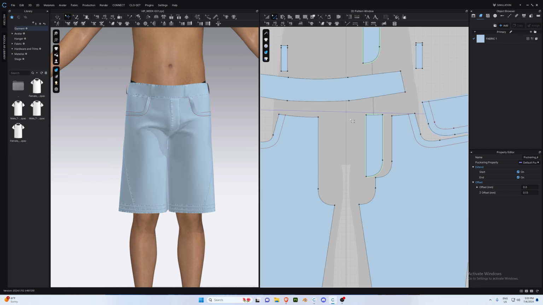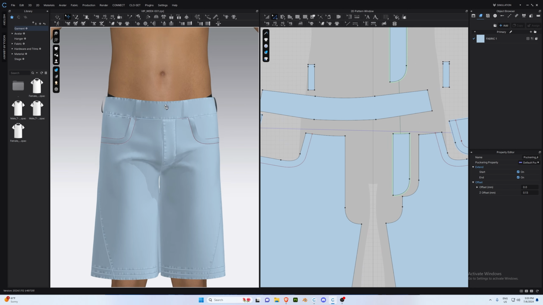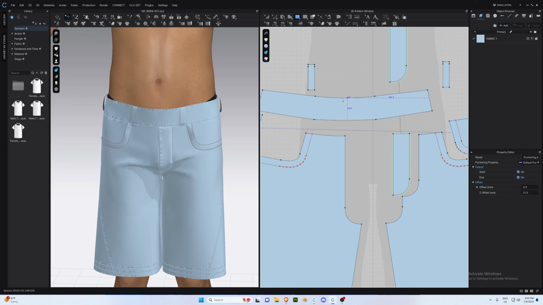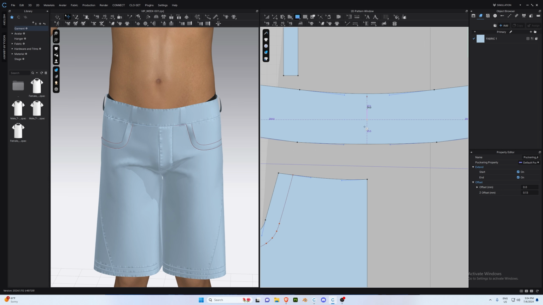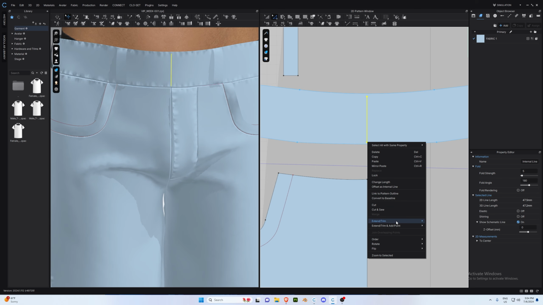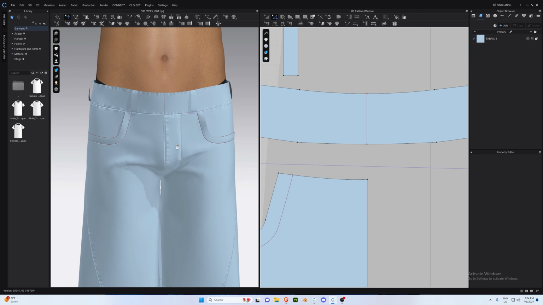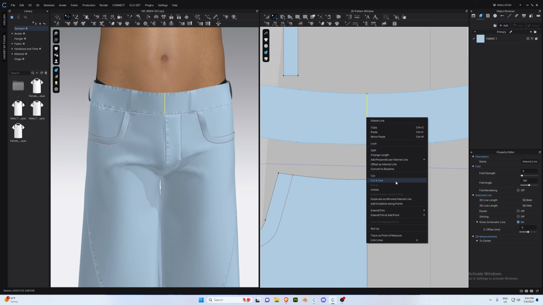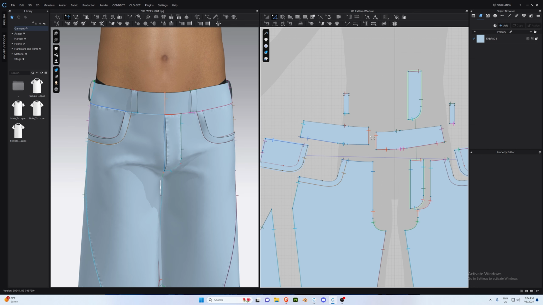And the last thing that we're going to add is just a little line along the inside to almost fake that connection with the button. So we can use our internal line tool and just draw that straight down. See that it's pretty much in the front, so we can extend trim to pattern outline, and then from here we're going to cut and sew this, and then we're going to remove this by pressing B on our keyboard